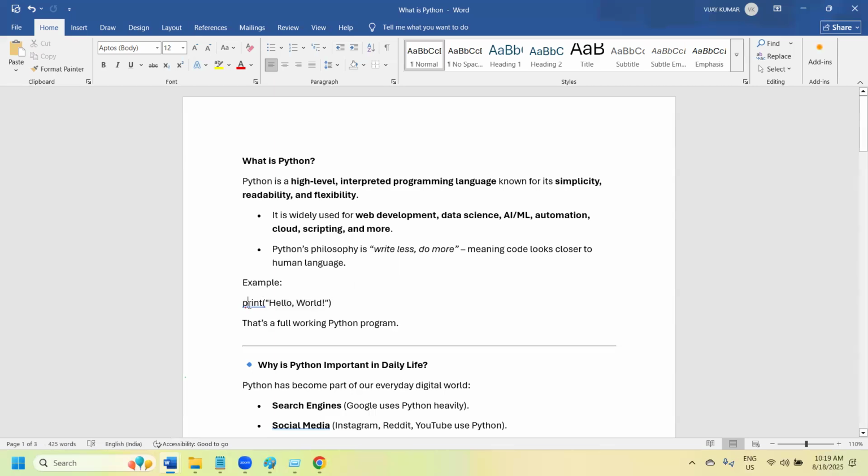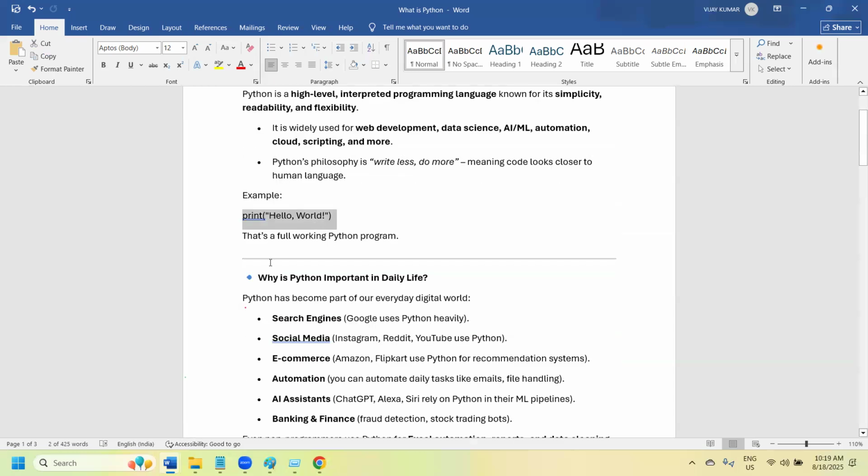Now you need to understand that the keyword print has some code behind it. That code helps us do that. Here we are simply going to use the print function. You don't need to know the logic behind print, or think about what exactly the code is. We know there is a print function, we know how to use it, and simply we can do that. That is one main intent of Python.